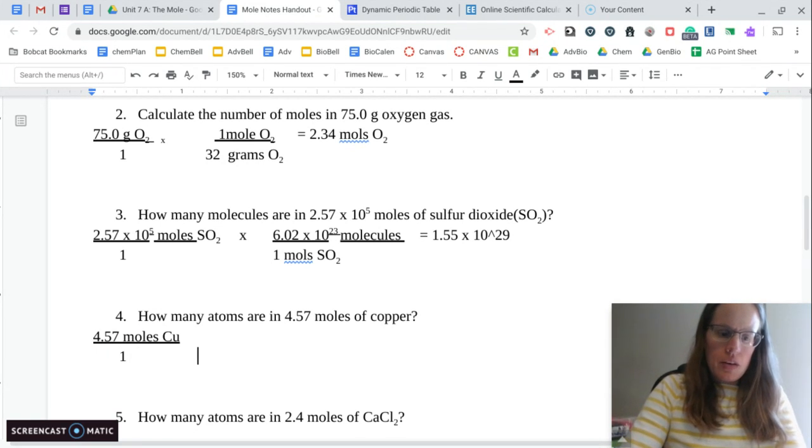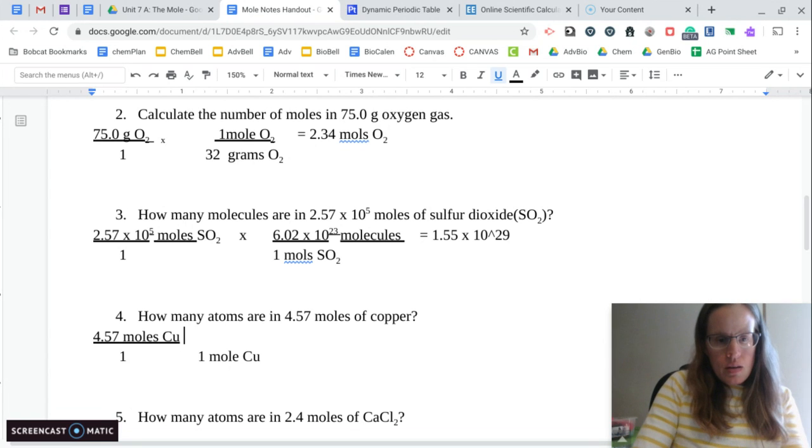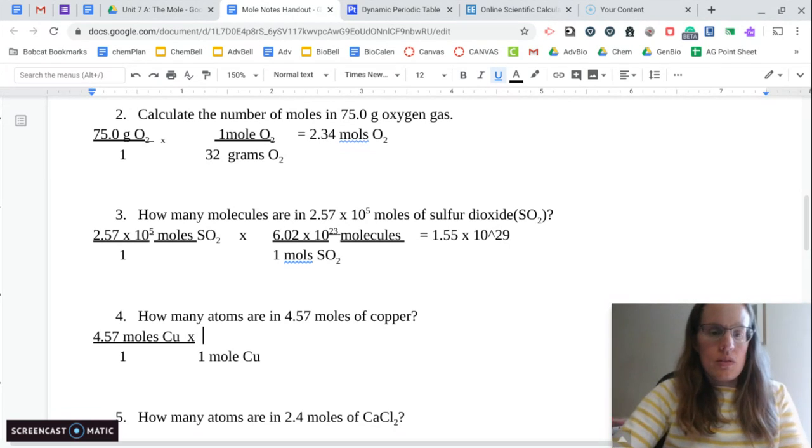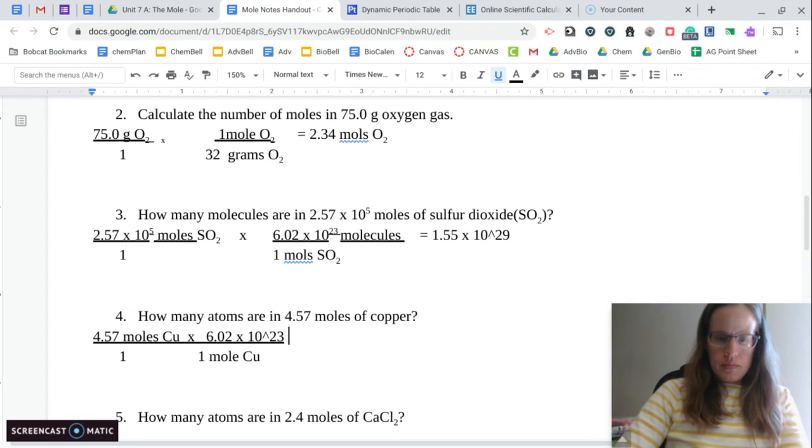Okay, so I know I'm going to have 1 mole on the bottom, and I know that because I have moles on top, and I have to get my moles to cancel. And then this time, again, they're not asking me for mass. They're asking me for atoms. So that's my 6.02 times 10 to the 23rd. Okay, so then just like the last one, I'm going to plug that in. I'm going to multiply